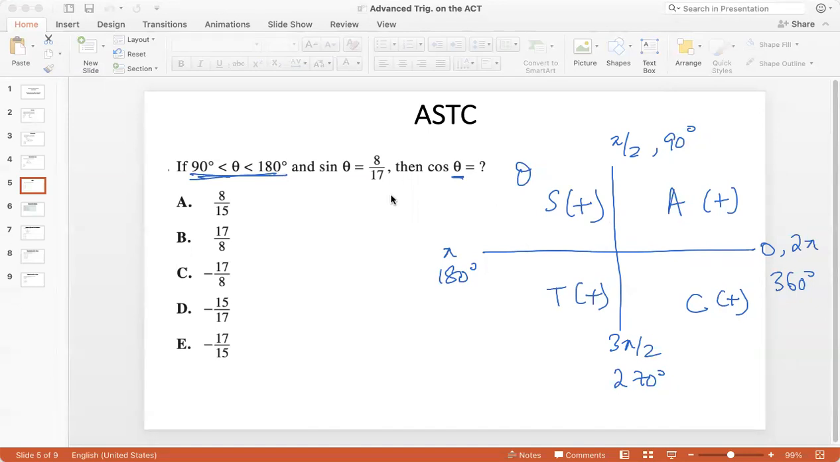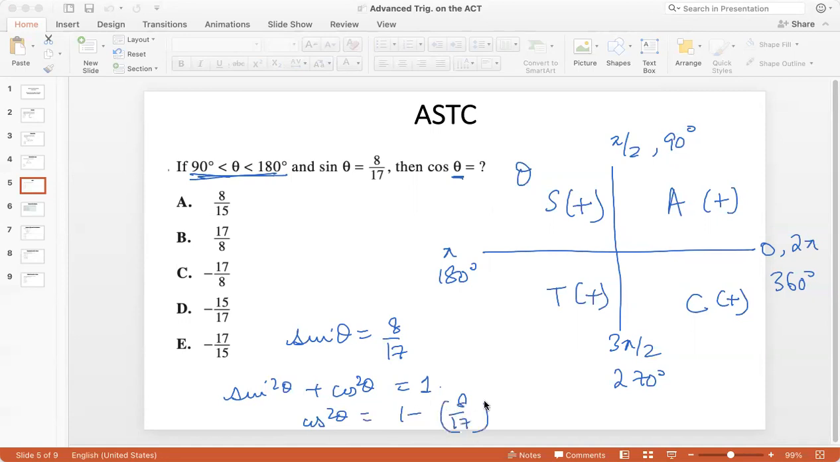And I can see that here cos theta would be negative. Now sine theta is given as 8 by 17. And I know that sine squared theta plus cos squared theta is 1. So cos squared theta would be 1 minus (8 by 17) whole squared, which would come to 17 squared minus 8 squared by 17 squared,